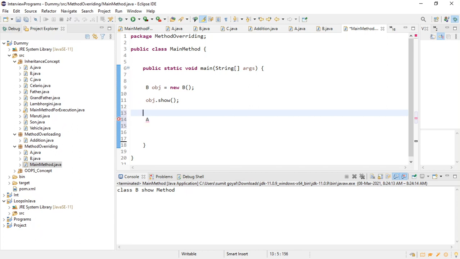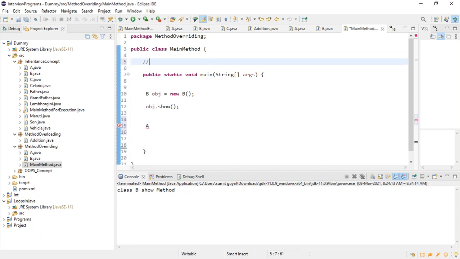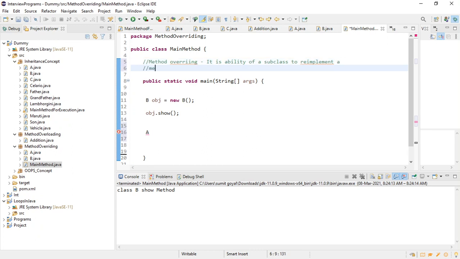And suppose if I make it like this, let me first write the definition of method overriding. Method overriding is the ability of a subclass to re-implement a method inherited from superclass.